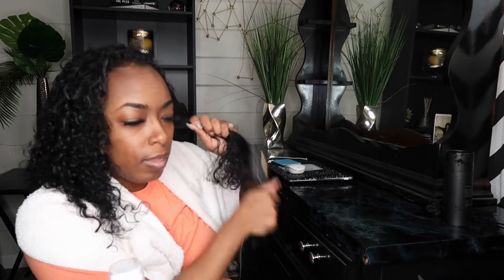Hopefully this works on my hair. I used to like a different company like this called, dang, what was that stuff called? Frida or something. Frida. It was in a purple bottle, but they ended up changing their formula and I stopped liking it. But I'm hoping this is better. I see a few different girls use this, so we're gonna see. So I'm just gonna section my hair and apply the product to get the wash and go